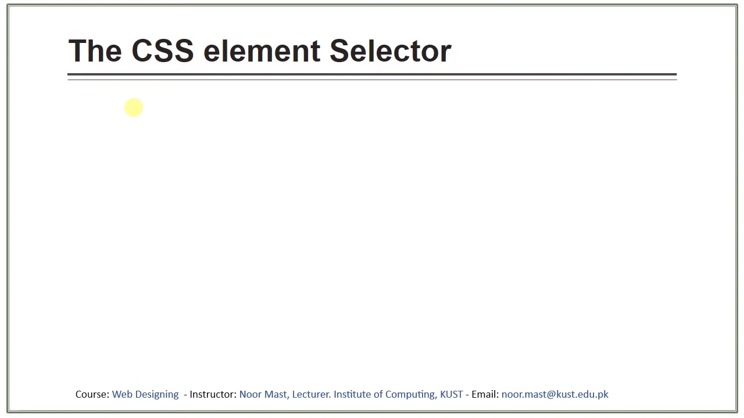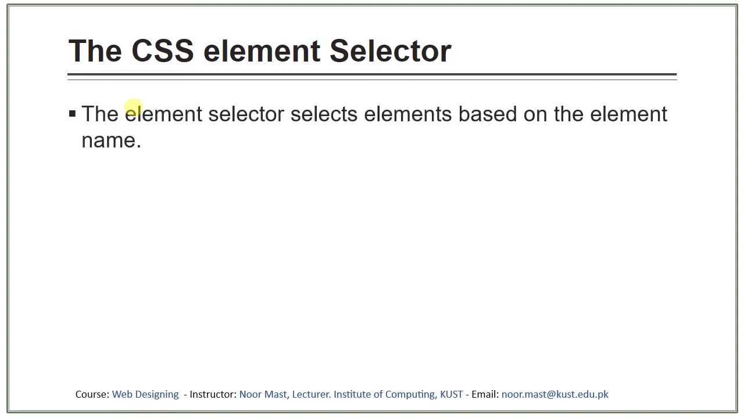The CSS element selector. The element selector selects an HTML element based on the name of the element. Suppose we want to apply styling on all paragraph elements. So in this case our selector is P, and we want to set the background color of all P elements to orange. So in the declaration section, write